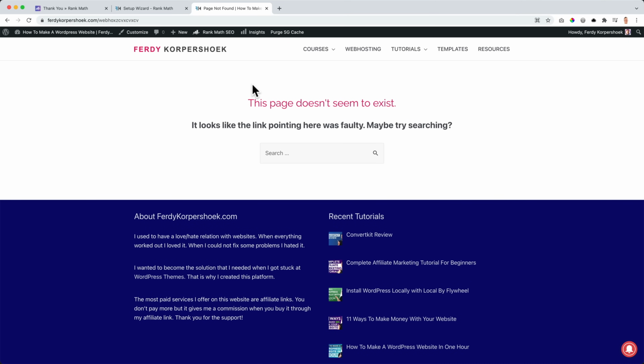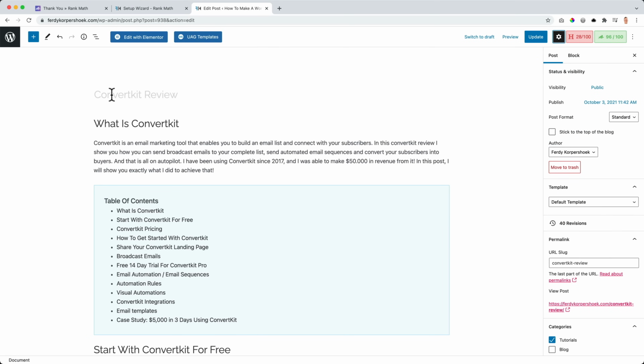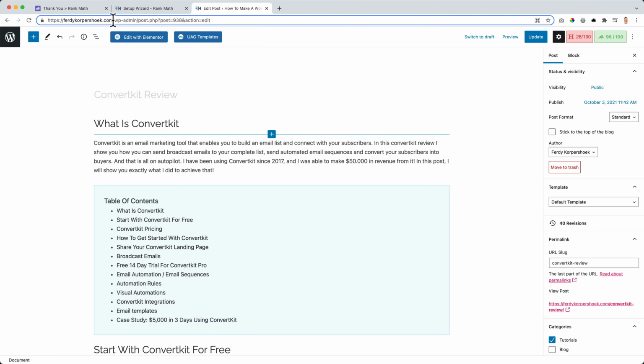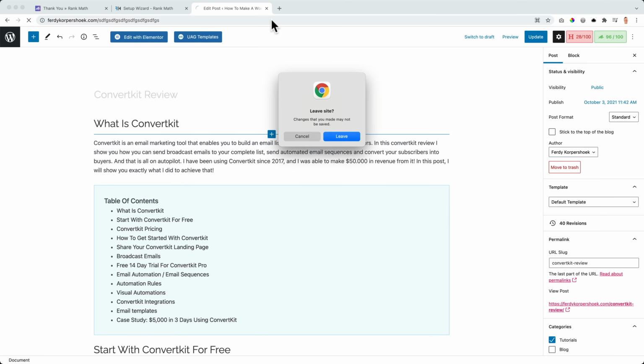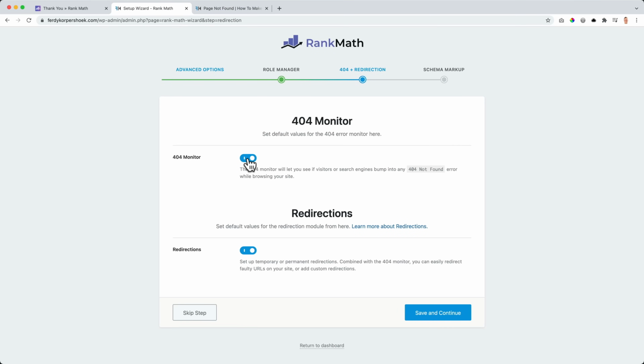However, in WordPress and in RankMath, when you change the URL, so I go over here, I edit the post. If I would change the title and I would change the URL slug, so I say free access, I don't know, something else. What WordPress and RankMath will do, they will automatically redirect those pages. So that's great. But when somebody enters a page that does absolutely not exist, then it will be seen on the monitor, and that's a great functionality. So I will definitely turn this on.